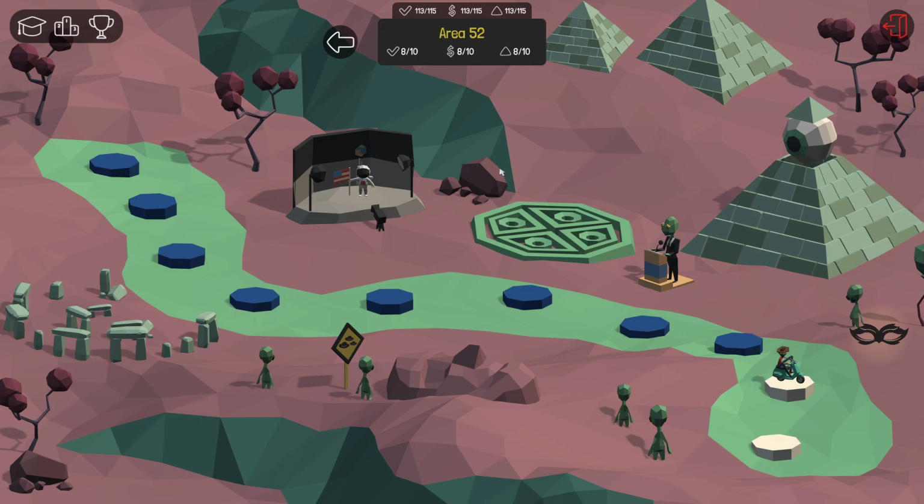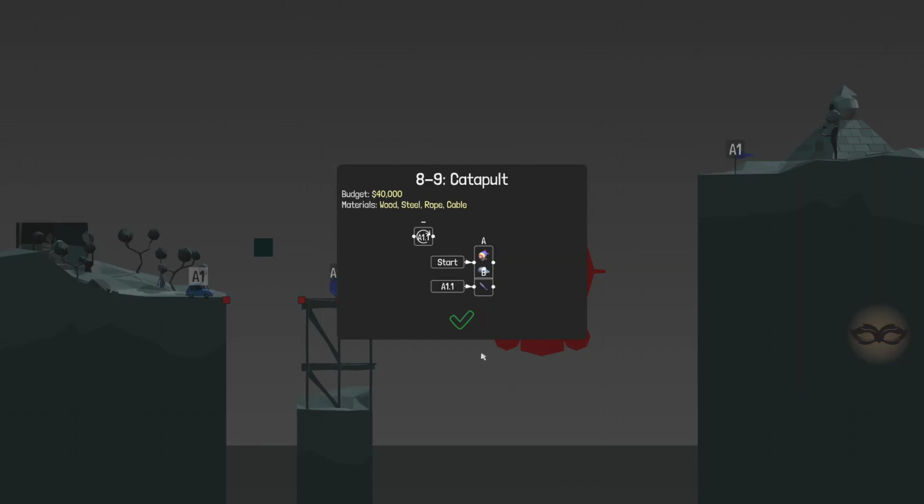Alright. So, the last two levels of Area 52, Catapult and Circle Maze. Let's get it started. Finish off Holly Bridge once and for all. Okay, so...